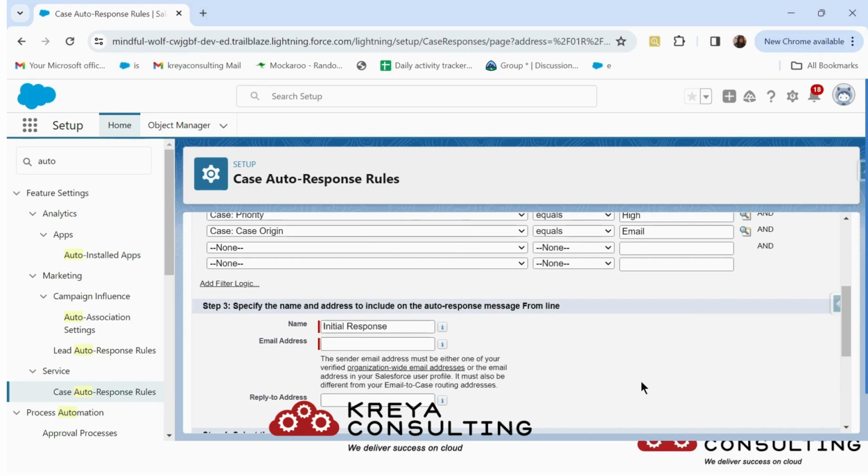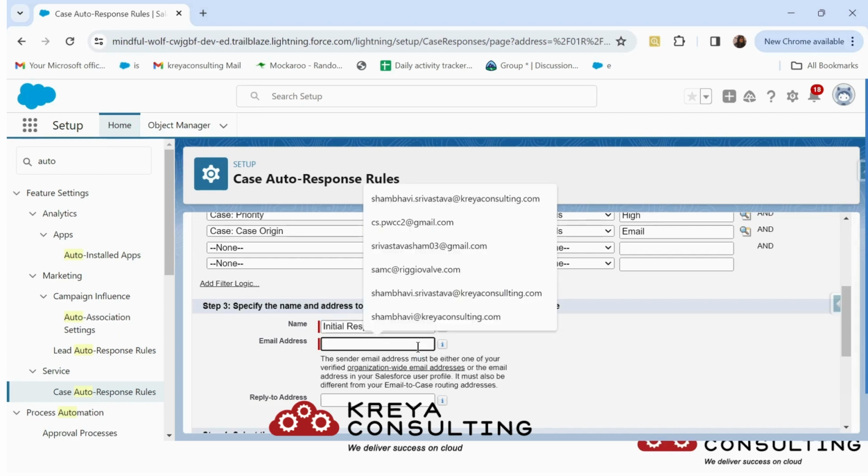There is a restriction for the email that you have used for email to case. You cannot use the same email. You have to either define one org-wide email or you can use one of the users' emails that is registered in your org. So right now I'm going to use my own email,